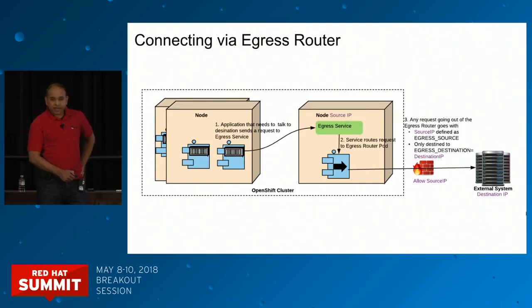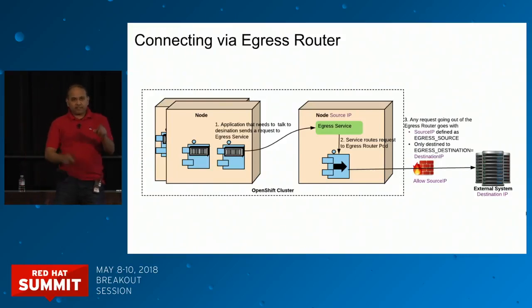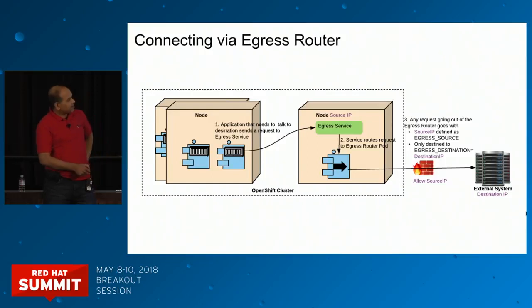But it does a little bit of magic here. Your egress pod, when you bring it up, you'll set 2 different configurations in this egress pod. One of them is a source IP, the other one is a destination. This destination is your external system's IP address. The source IP is what you have opened up on your firewall. So if your firewall is allowing traffic from a specific IP address, that IP address is what is defined in this egress pod. Now, what this egress pod does is, irrespective of wherever the traffic is coming from, again